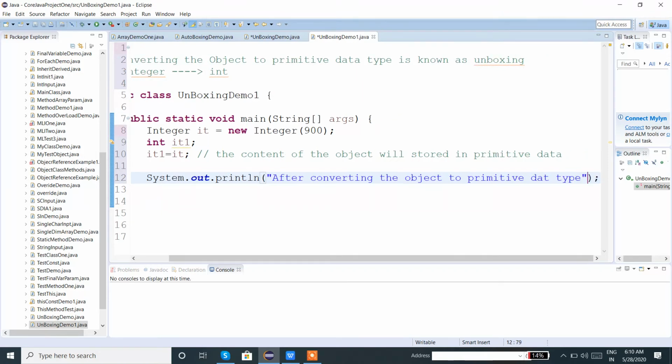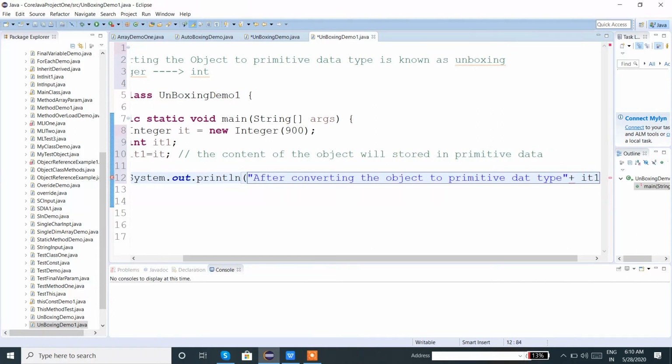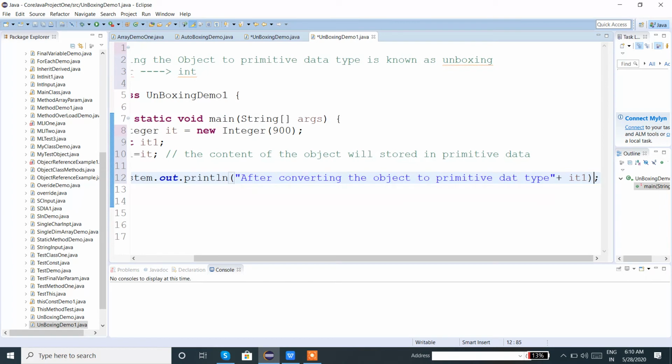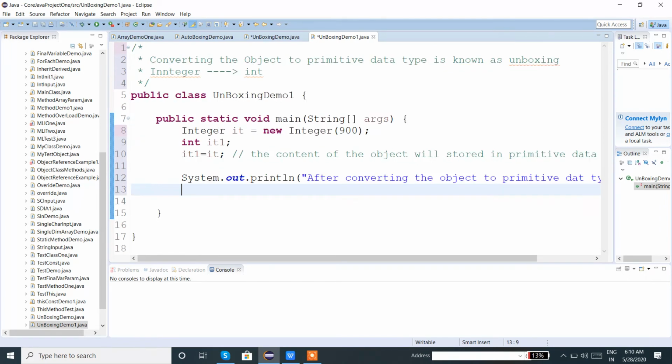So where exactly is the value getting stored? This is it1, which is the integer variable. So what will be the output over here? The value which has been stored in the object will get stored in the primitive data type member. So it1 value will be 900.